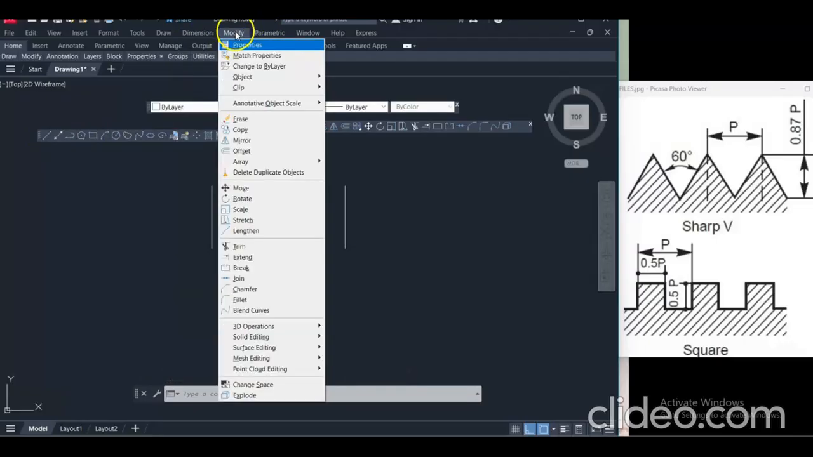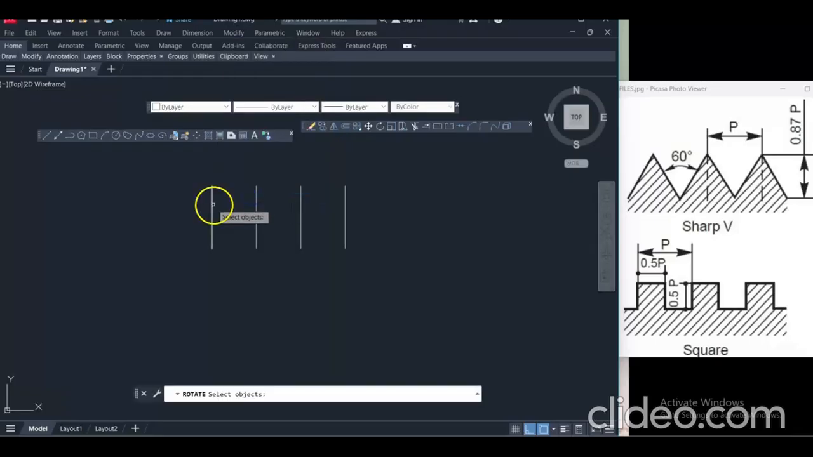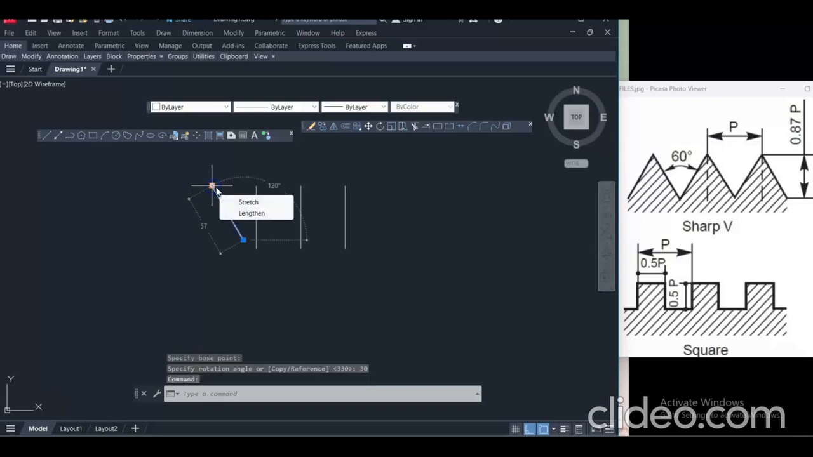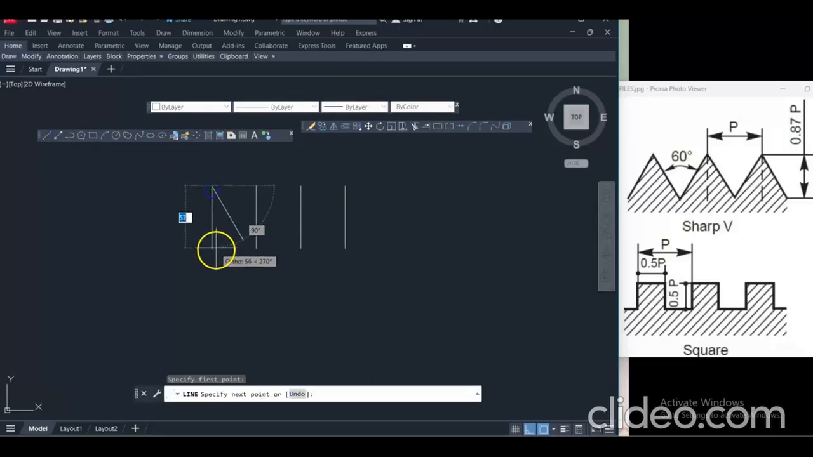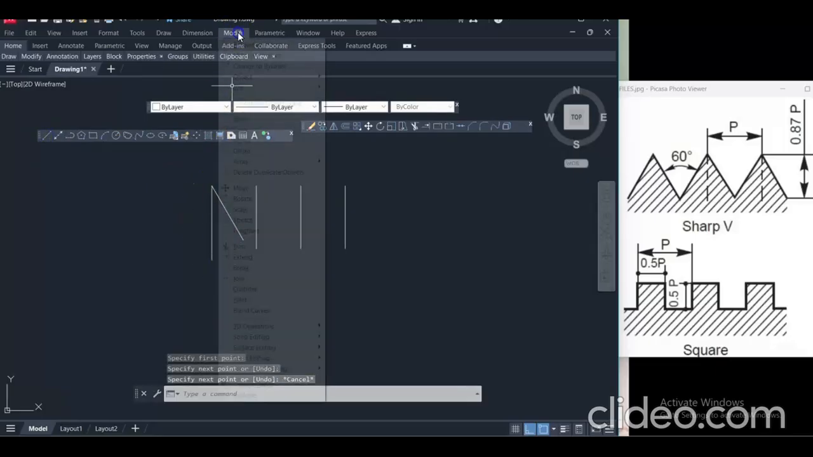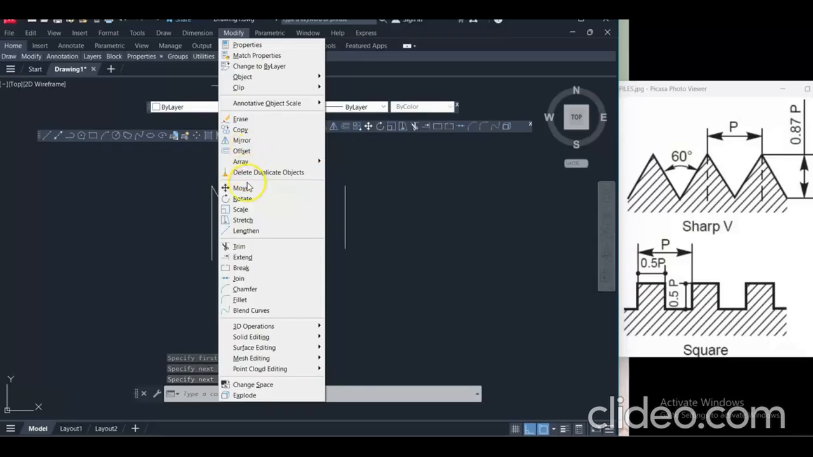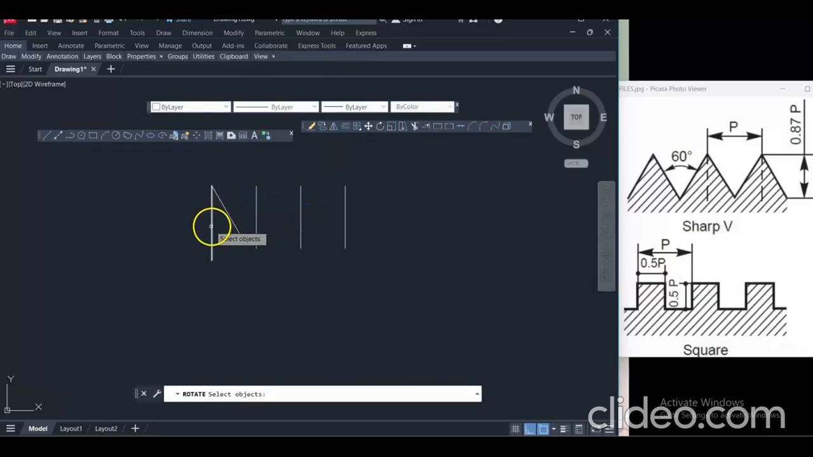what I am doing is I am using the command rotate, enter. So this is my base point, making an angle of 30. Similarly, from here I am drawing another line. Use the command rotate. The included angle between those inclinations is 60, no? So we can use minus 30. So simply